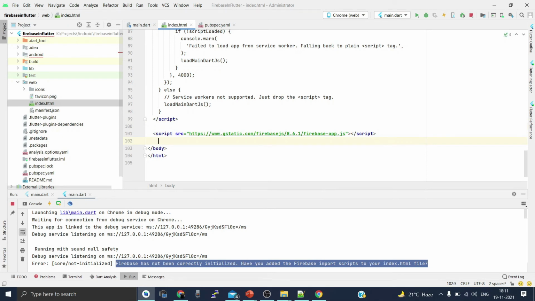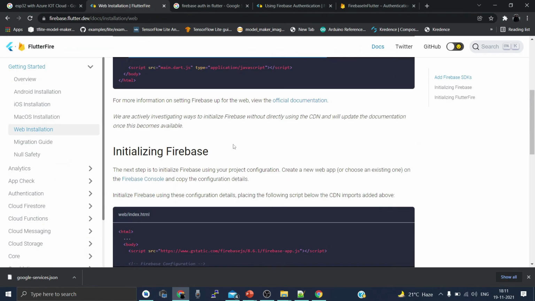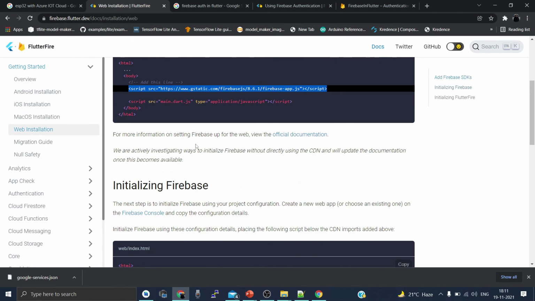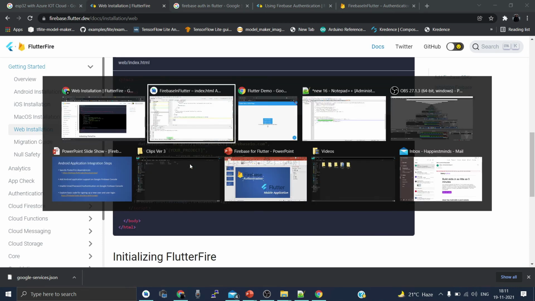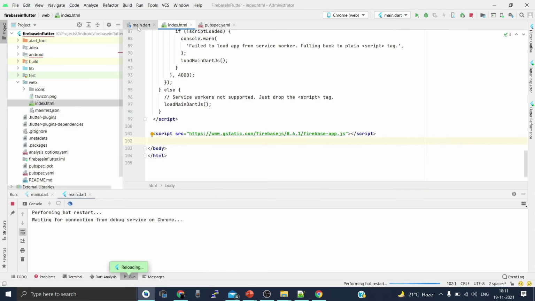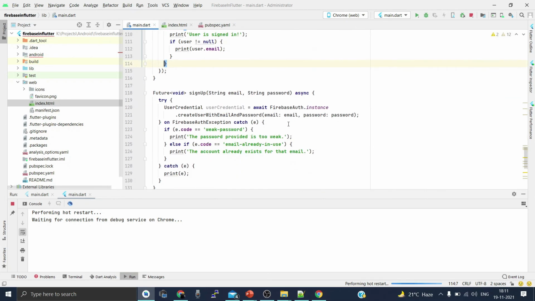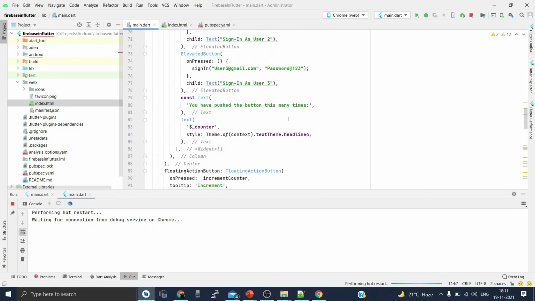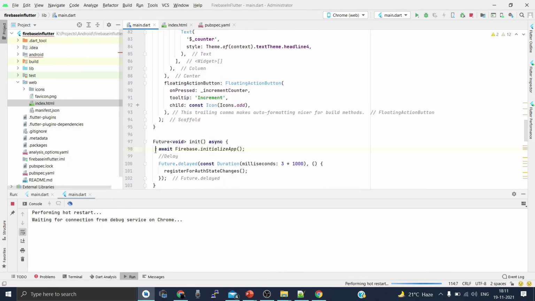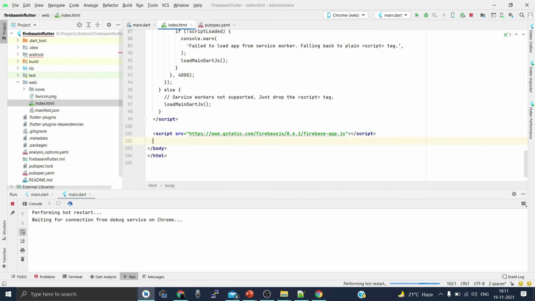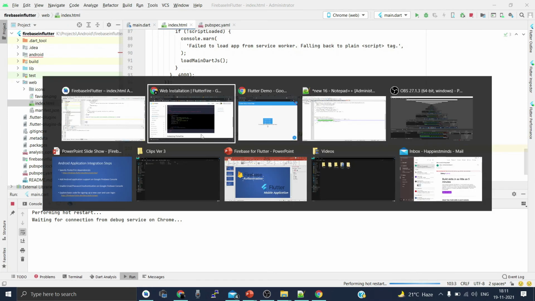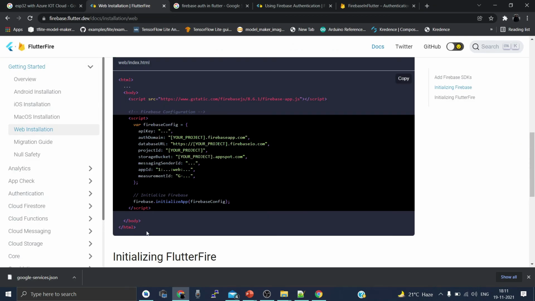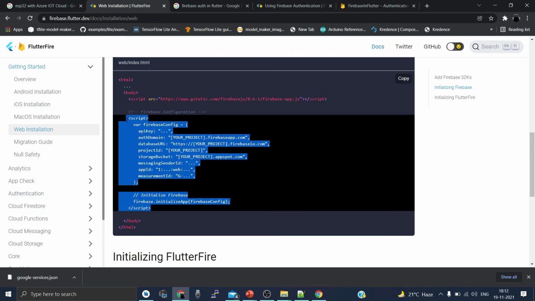Now once this is done, all we need to do is initialize the Firebase application. If you see here guys, for the mobile application we have called this method called firebase.initialize, but this is not the code base that runs on the web. The web code is going to run the index.html, so it has to be initialized in the index.html file, and this is the code that's going to help you out there. We'll copy this script